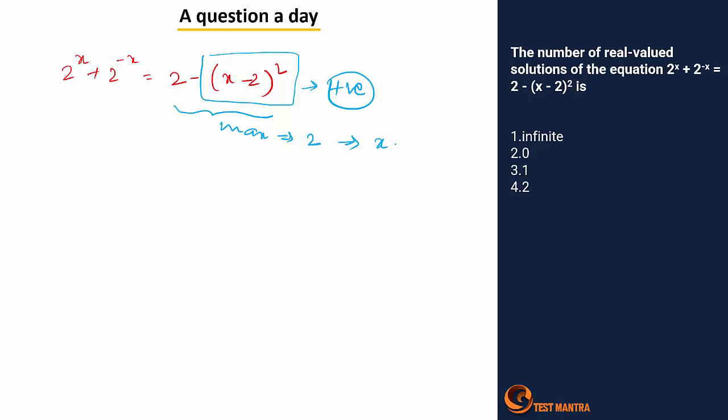when x will be equal to 2 here, for this part. Or else we can say when x will be equal to 2, this complete value will be equal to 0, and the overall power is given as 2, an even power, so overall value will be 0. So 2 minus 0, the value is 2.